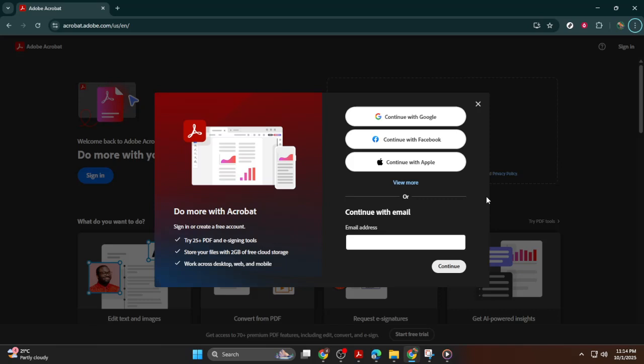Once your sign-in is successful, the application will refresh. You'll notice your profile name or a personalized icon pop up in the top corner of the page. This is your confirmation that you're now signed in and ready to explore Adobe Acrobat's features. Welcome! From storing files effortlessly in the cloud to seamlessly using their e-signing tools, all these fantastic options are now at your fingertips. Enjoy delving into the host